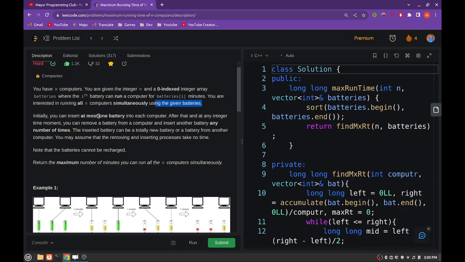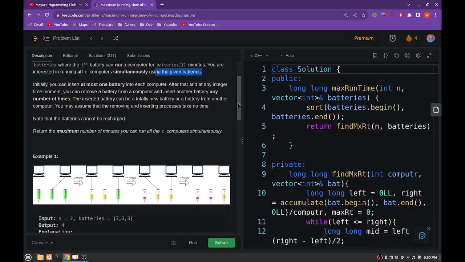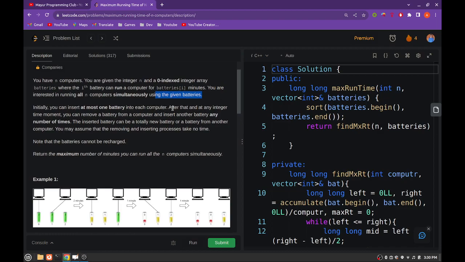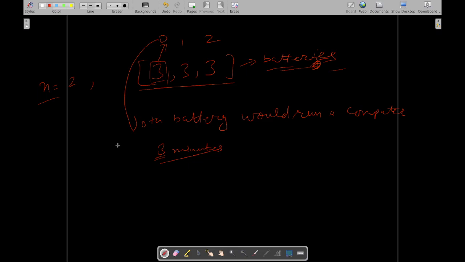Initially you can insert at most one battery into each computer. So into each computer you can initially insert one battery. After that, at any integer time moment, you can remove a battery from a computer and insert the battery any number of times. So what it's saying is, initially, let's say these are the computers. Initially each of them will be having one battery attached to them, and